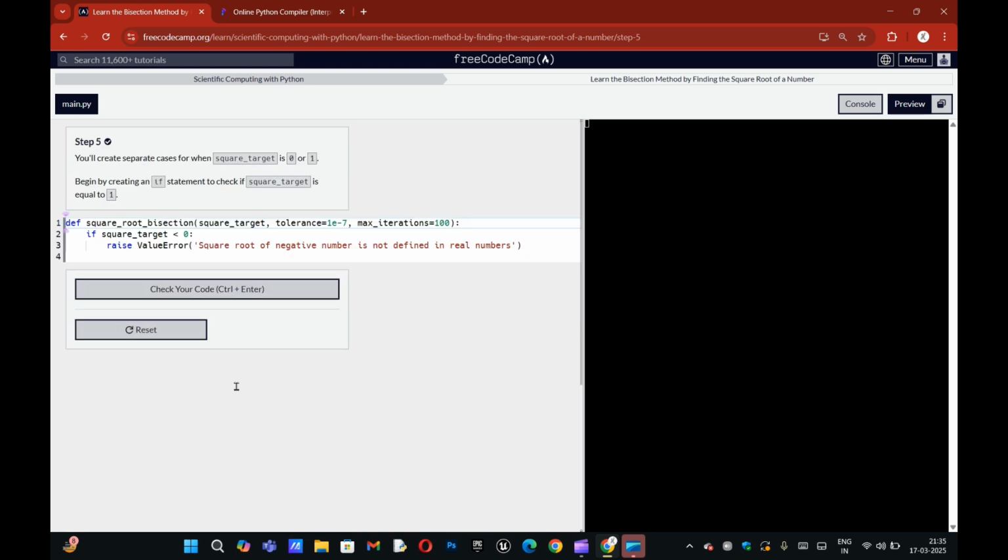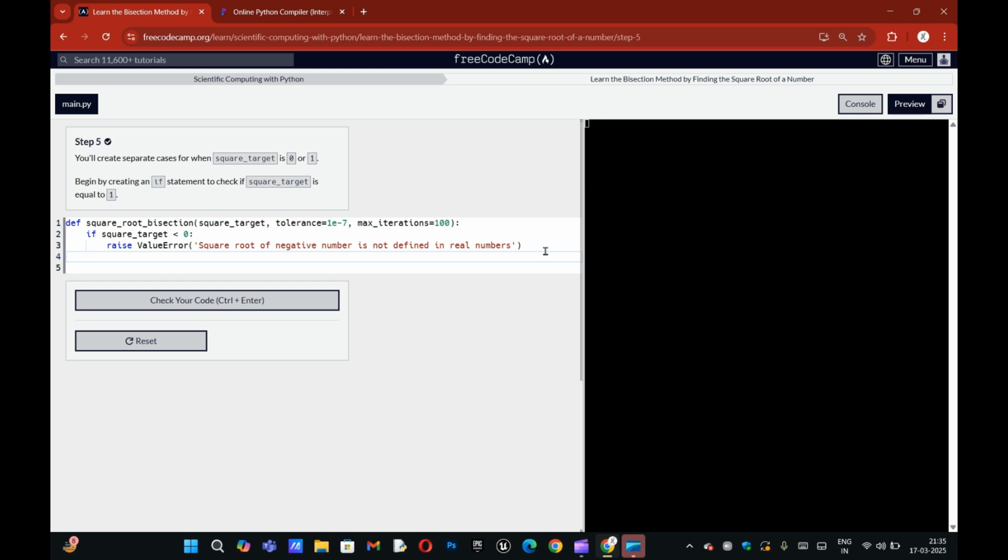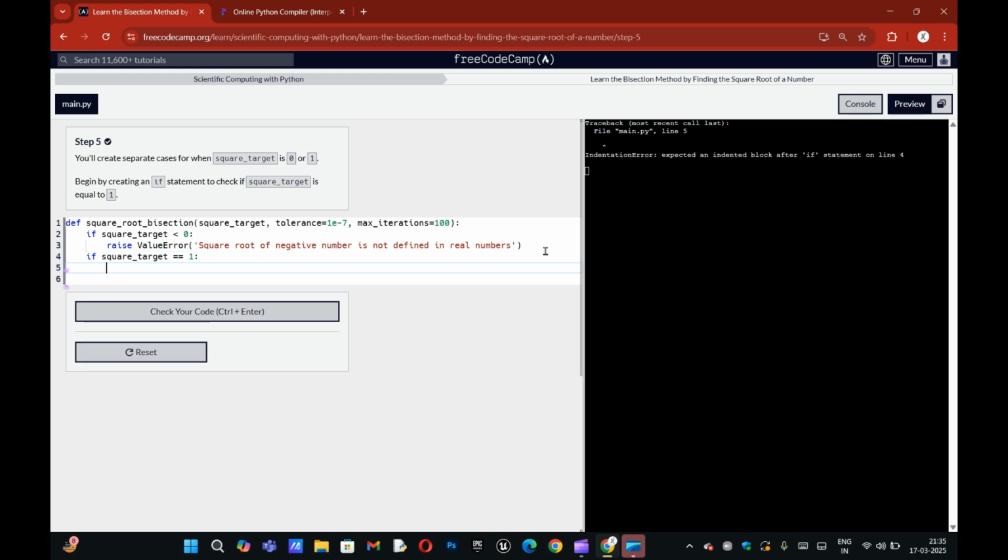I'll show you the final product in Python. Now it's telling us to create a different statement checking if square target is equal to 1, colon, pass.